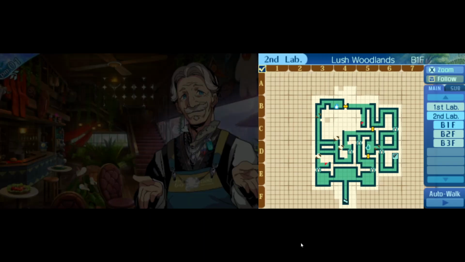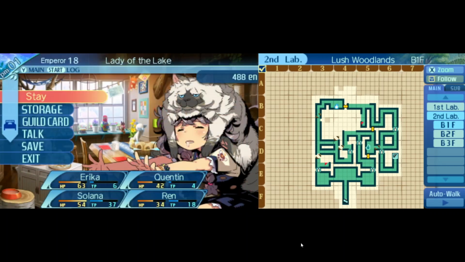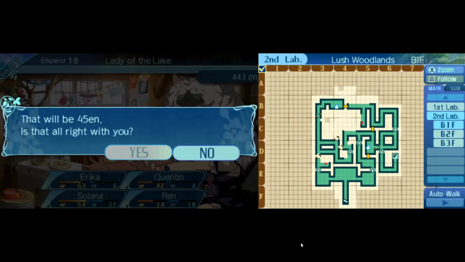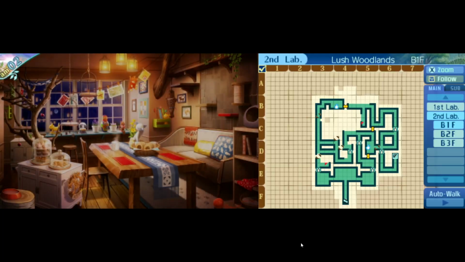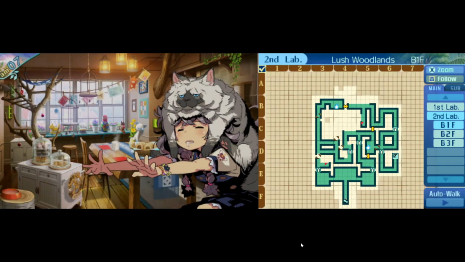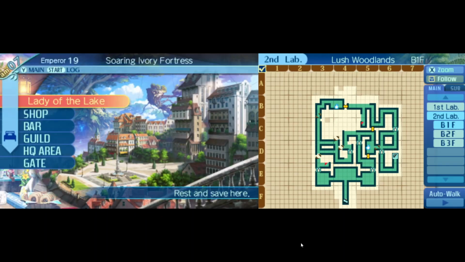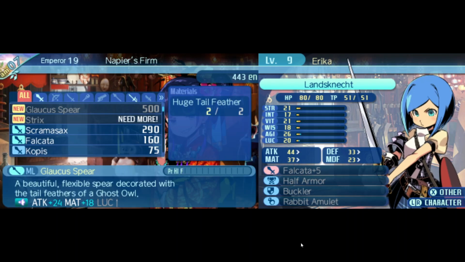Which is actually a really good reward. It is the TP recovery item from this game, and we have been severely struggling with TP. I should have gone to sleep before giving that request, because now sleeping costs us 5 and more. Oh well. We still don't have enough money to buy the